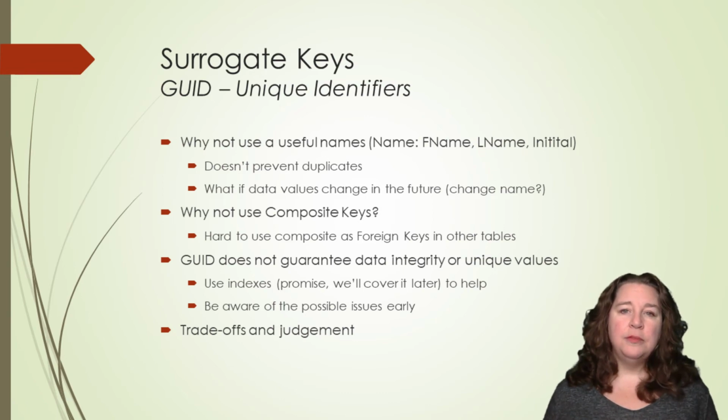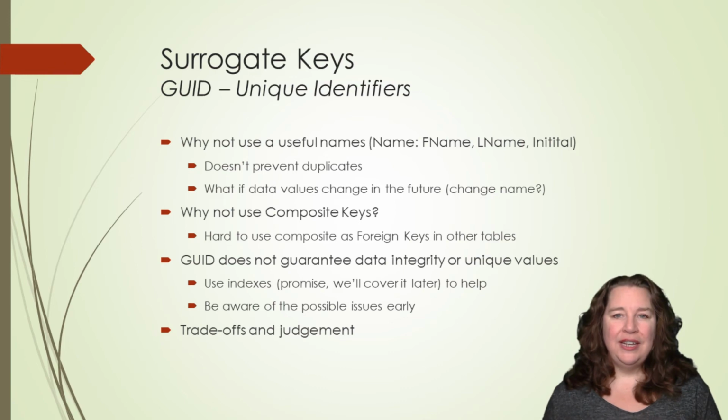With a GUID or a unique identifier, it doesn't guarantee data integrity, but it does help. You're going to have a unique identifier no matter what when you use a GUID, but you could enter the data in twice. It's not going to stop you from doing that unless you add in indices or triggers or things like that to keep track. Be aware that that could happen and recognize when you're writing your data,